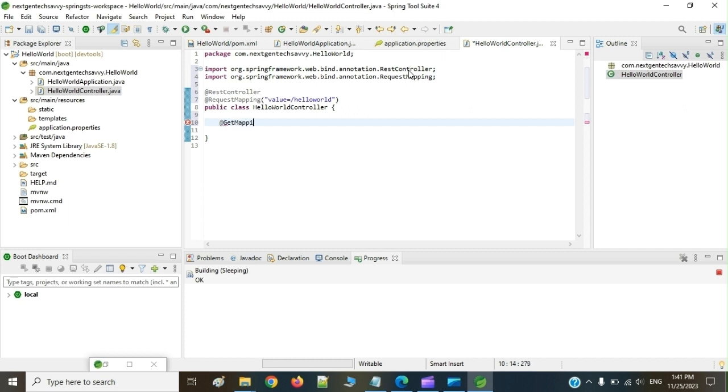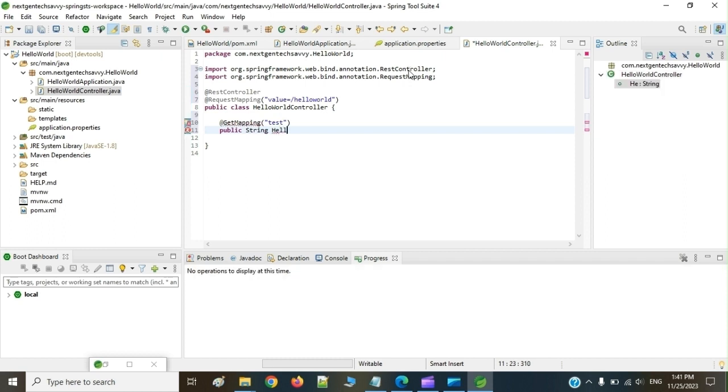Now we are using the GetMapping, and we have to provide the test. Here you can also use any name and provide the method public. We are going to return some string, so String, and we are going to give the name as helloWorldTest, the method name, and put a return statement, return, and provide a statement like sample spring boot